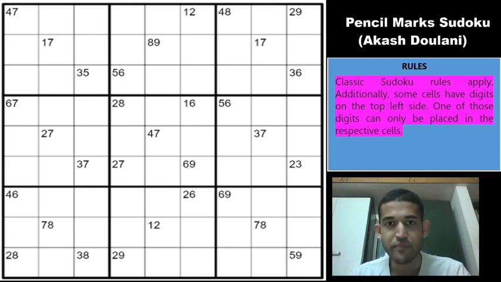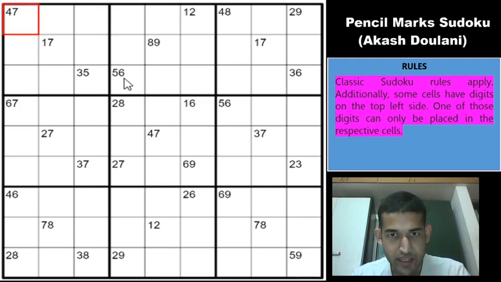The rules of the Sudoku are standard classic rules apply. Additionally, there are some given digits that you can see in the top corner of the cell, right? What these indicate is that exactly one out of those digits can go inside the cell in the final solution. In other words, the author has given all possible potential candidates that can be present inside the cell. If you take this cell for example, 5 and 6 are the only possible candidates that can be present inside the cell. Now whether 5 or 6 is the final candidate is up to the solver to determine. So these are the rules. With that we'll start solving the Sudoku.